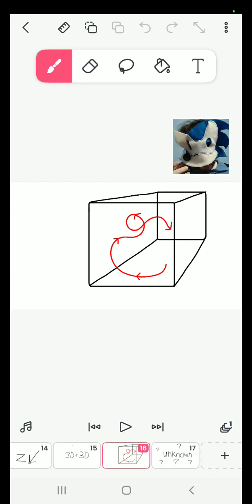It will give the visualization that it's outside of the three-dimensional space. So as you see the cube changing direction, this curve doesn't